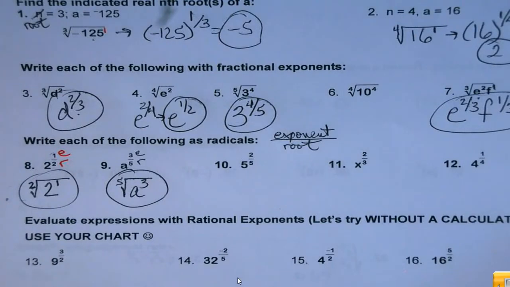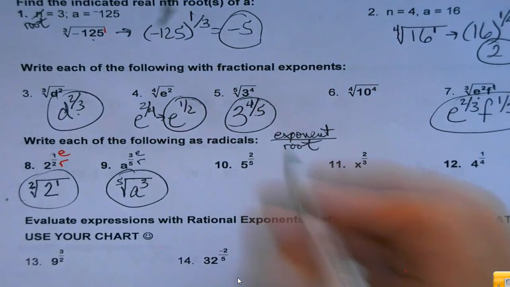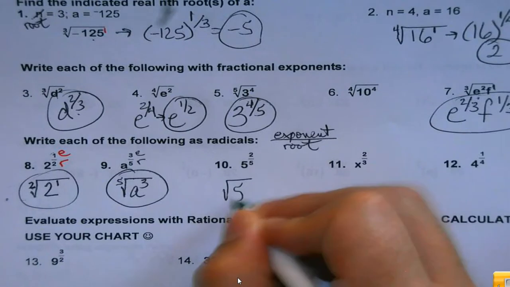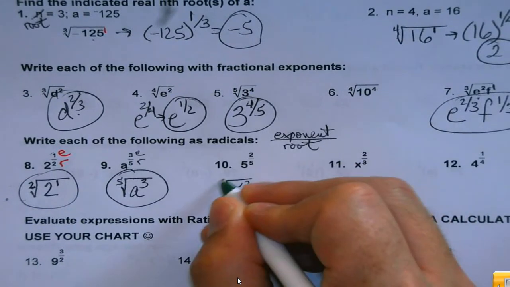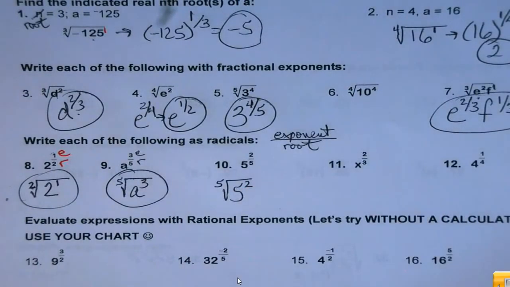And I'm sad. And we just kind of keep looking at it that way. 5 to the 2/5 again. 5 exponent root. Now, I'll have people ask me sometimes, and it's a legit question, well, what if I can